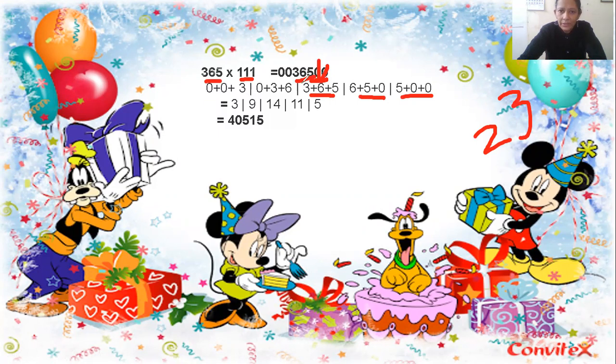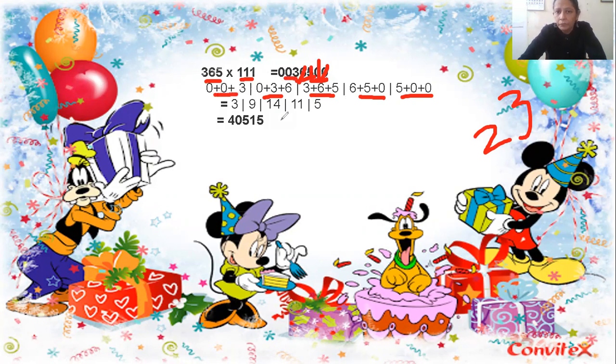So now you put the slash. Now ignore this 5 also. What are the next 3 terms? 0, 3 and 6 are the next 3 terms. So I have written here 0 plus 3 plus 6. Now you ignore this 6 also. What are the next 3 terms? 0 plus 3. These are the next terms. So I have written here as it is.